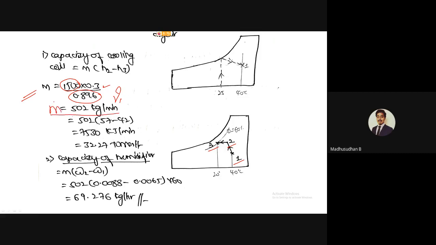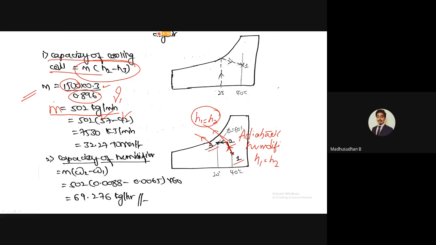So once you get the mass flow rate, the heat capacity of the cooling coil is given by mass flow rate into H2 minus H3. H2 value, H3 value you have got from the psychometric chart. Just extend this particular thing here. Remember this one. The process 1 to 2 is what? Adiabatic humidification. The process from 1 to 2 is adiabatic humidification. So what is the speciality of this particular process? The H1 value would be equal to H2 value. That's why I asked you to trace the isoenthalpic curve like this. Okay, so here H1 value would be equal to H2 value.